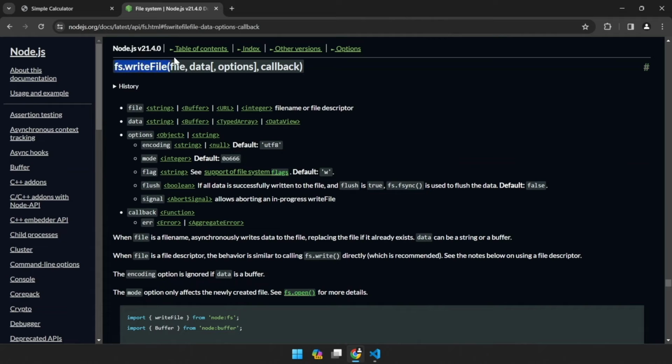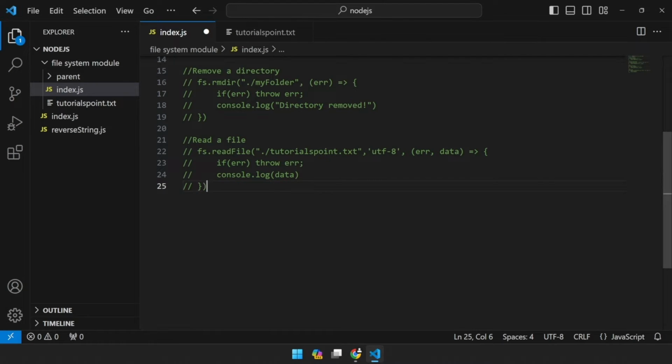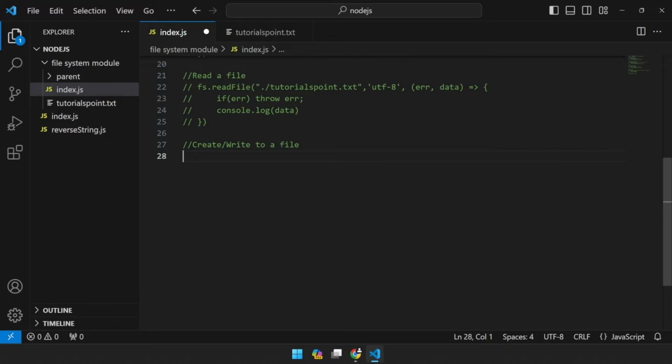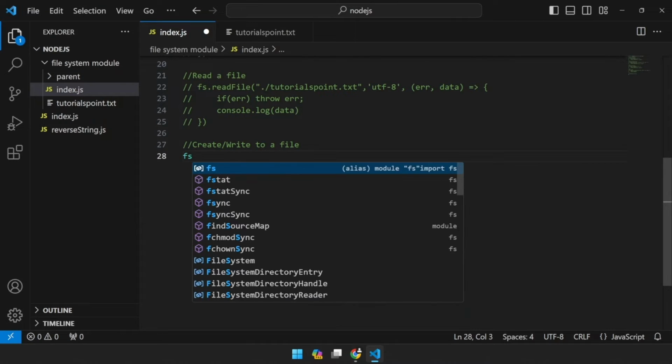So this is the method that we can use to write to a file and to basically create a file and write content for it. I'll show you. Go back to VS Code, and here, let me just say create or write to a file. Okay. So basically, to create a file and to write some content in it, simply type fs dot